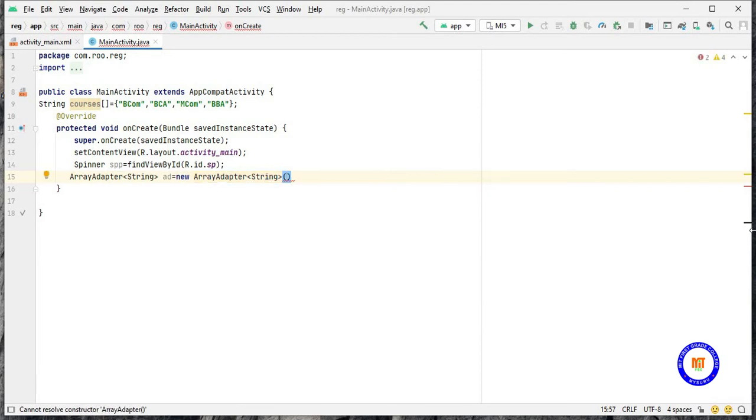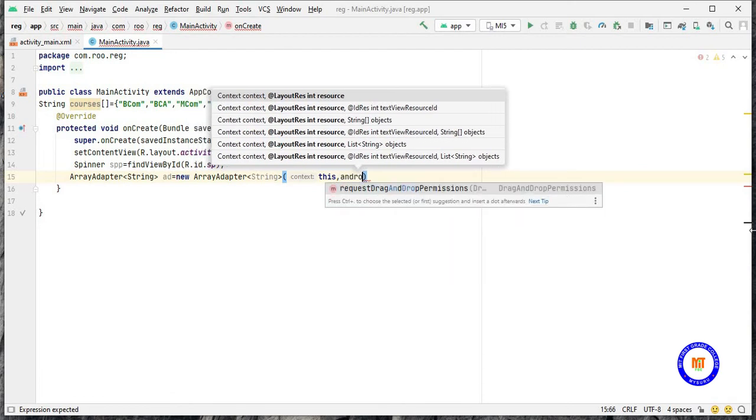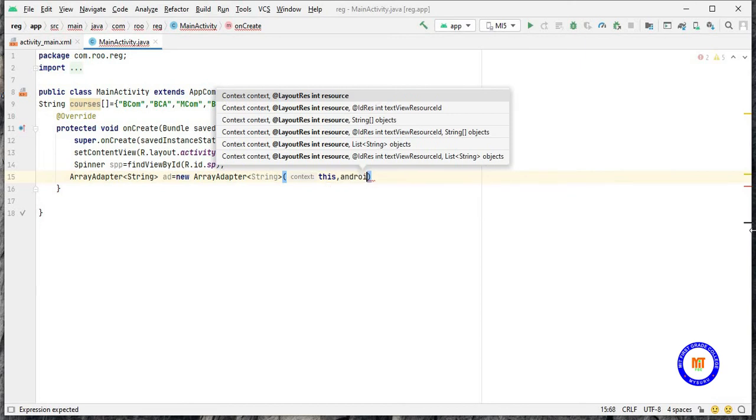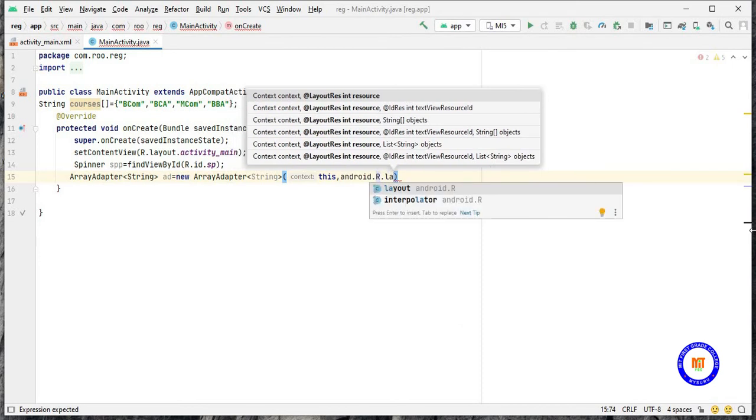Here you have to take three parameters. First one specifies the context, that is this, which refers to this class. Second one is android.R.layout. Here we are setting the layout.